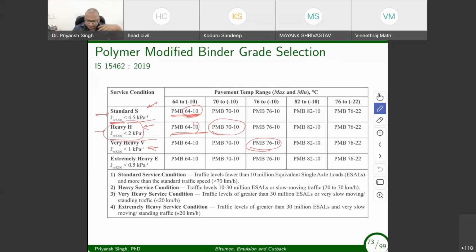Now, there could be a point: why can't the tests which we have done for polymer modified binder be taken up for grading the crumb rubber modified binder? There is a lot of discussion in research communities about why to keep crumb rubber and polymer modified binder in India in the same bucket. The problem is that the type of crumb rubber modifier we use in India is not similar to what is used in the USA. Also, in the USA, the use of crumb rubber modified binder is very limited, to around 3-4 states only.